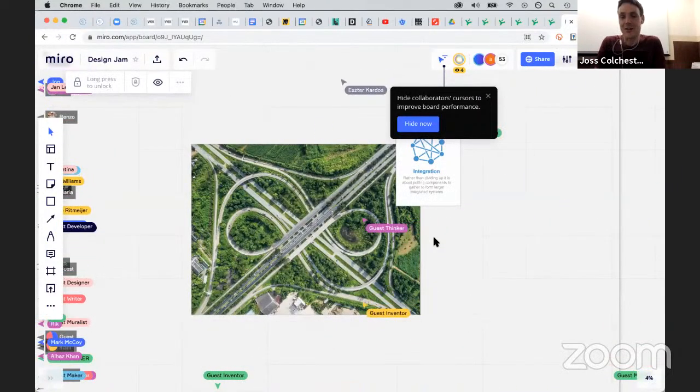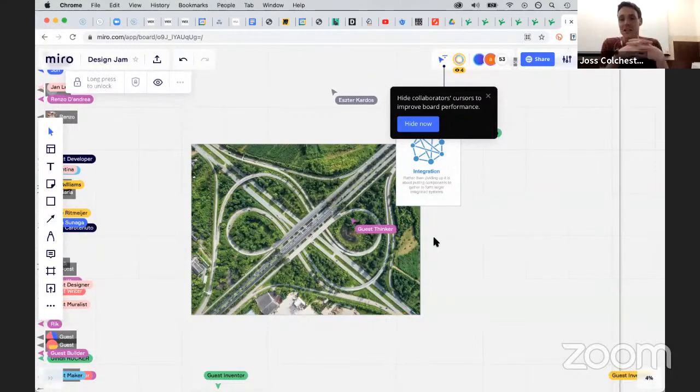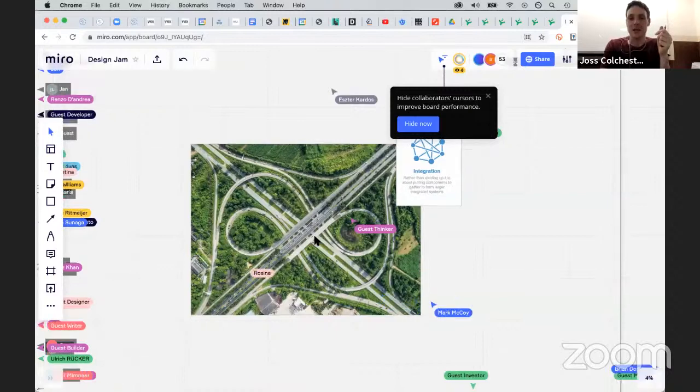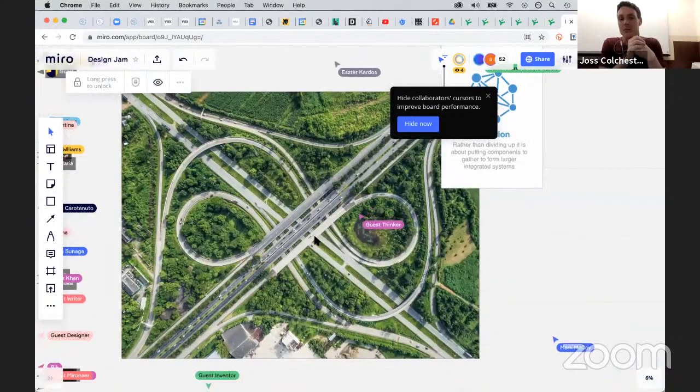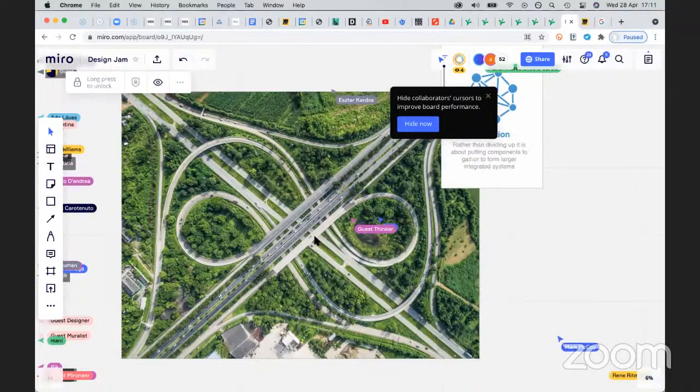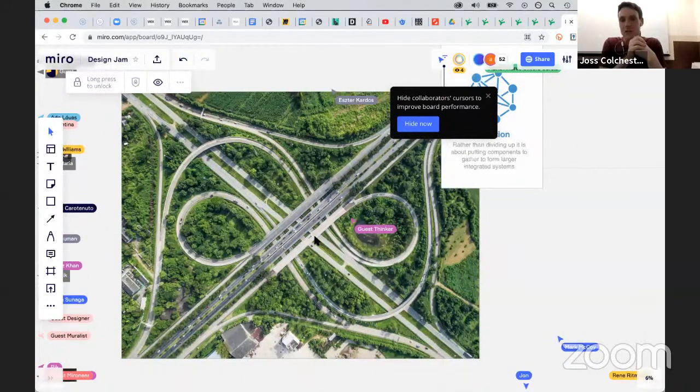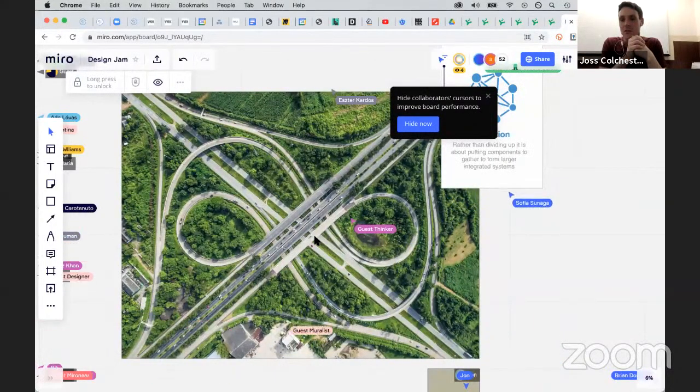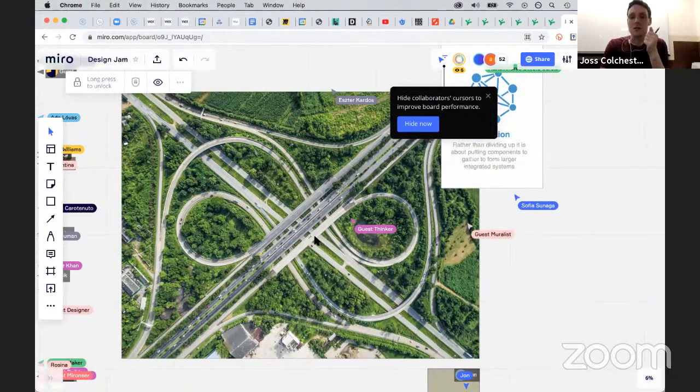Integration. So this is about designing integrated systems. So take this image here and take that principle of integration and try to explain to me what that means in the context of designing complex systems. Do you have examples? What does it spark in your imagination? So there's 4 sets there.